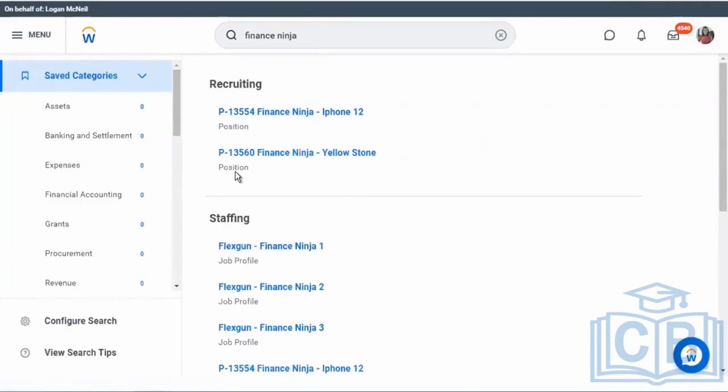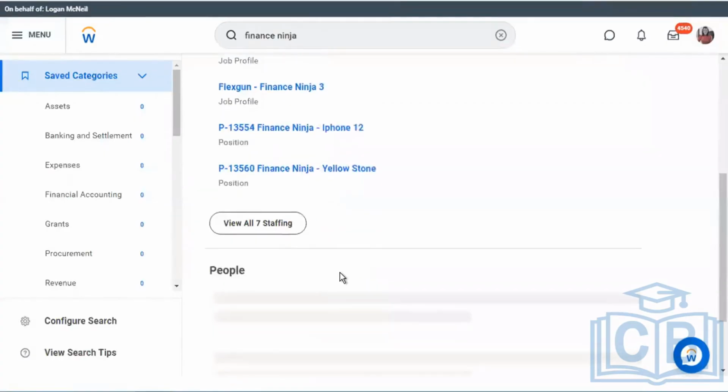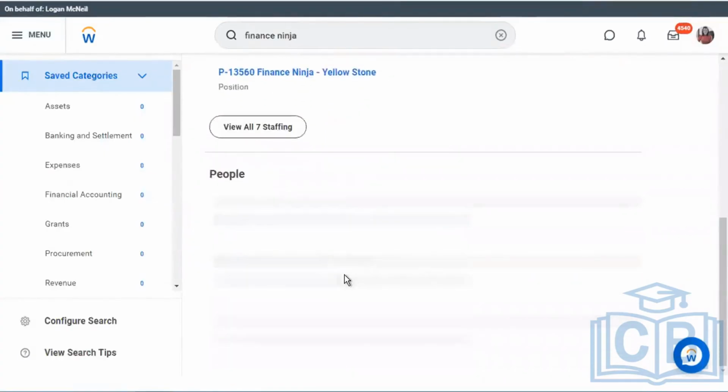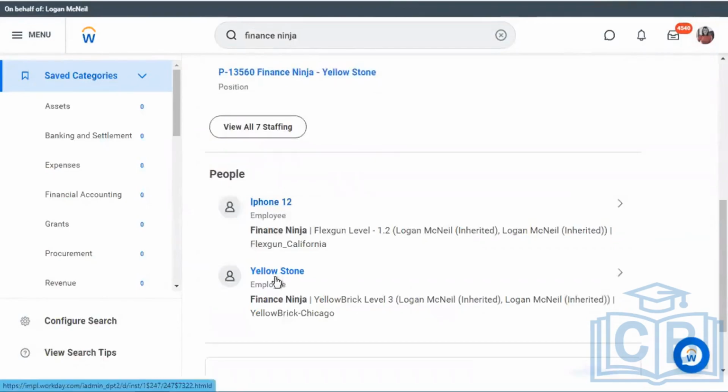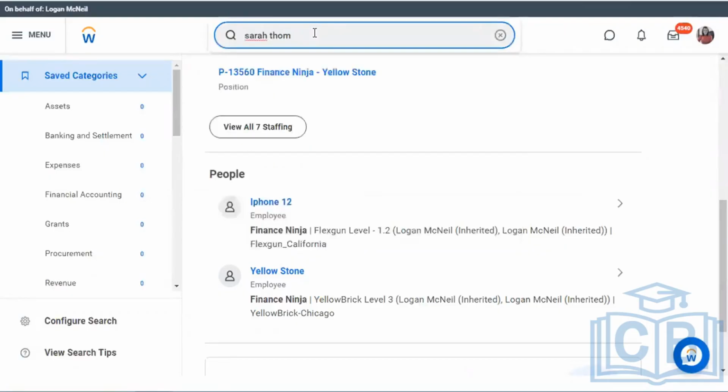These are like positions. If you see, these are job profiles. Then I have done another one, Sarah Thompson, S-A-R-A. Sarah H is not there, Sarah Thompson.